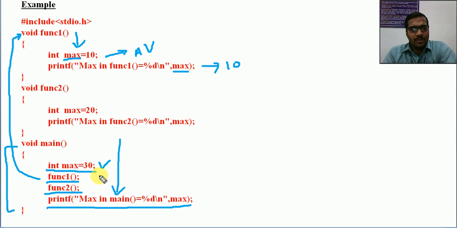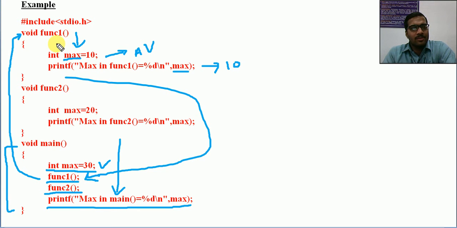Now it will return to this point. So function 1 call means it will go to this location, it will create a variable max, assign the value 10, then that 10 will be displayed, and it will return, means it will go back to this one. Okay, so the result will be like max equal to 10 first. Max in function 1 will be displayed. Then just after that function 2 will be called.